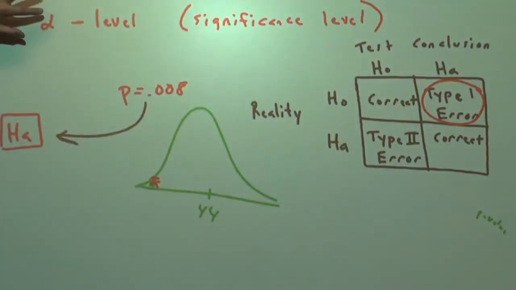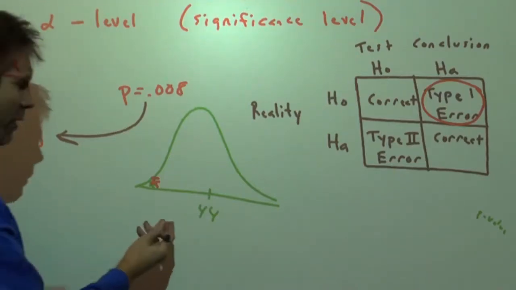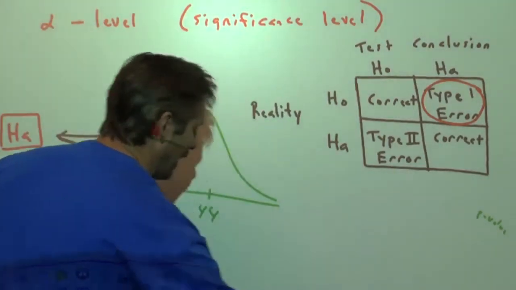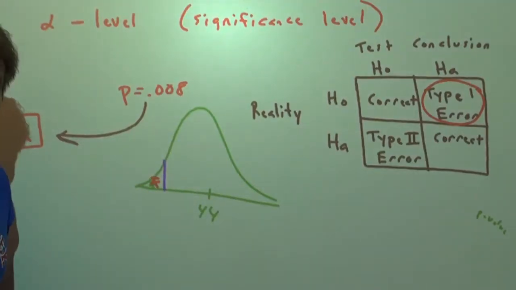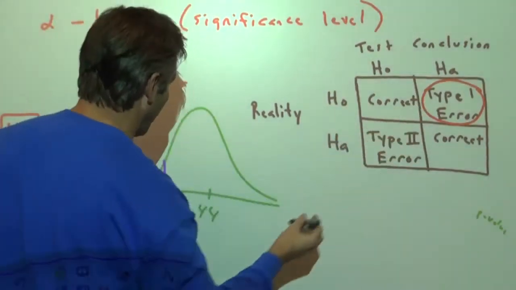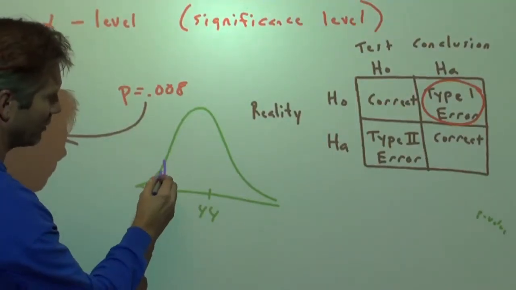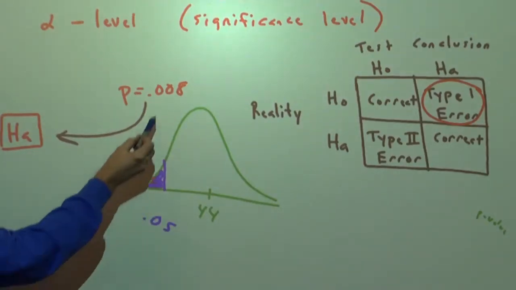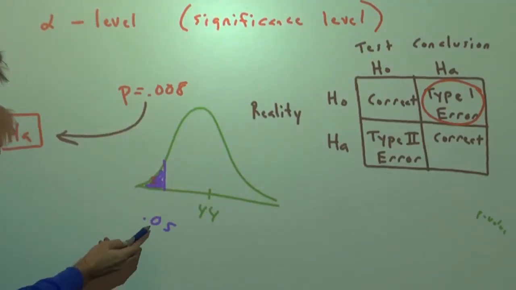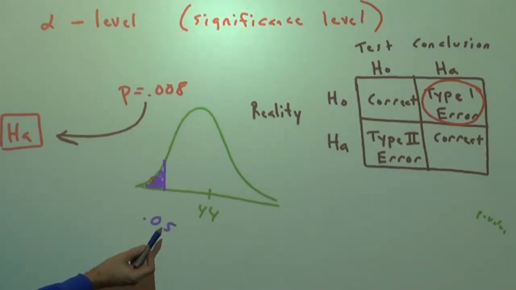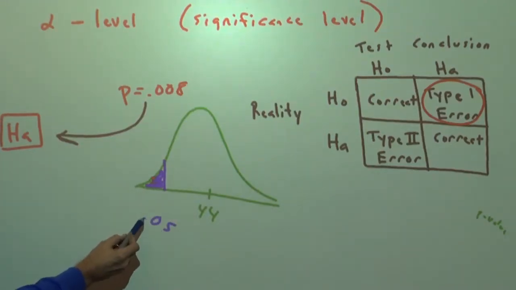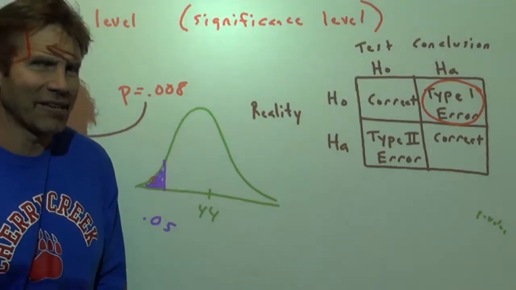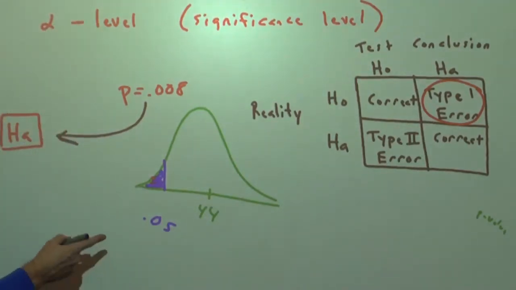The significance level of the test, the alpha level, is before you go into the problem, what are you going to set as an acceptable risk of being wrong? What are you going to accept in terms of making a type 1 error? Well, typically what we accept is what I showed on the other screen, that as long as the p-value is 0.05 or less, 0.05 being 1/20th, 1 out of every 20 samples should be down here due to chance. So if you get a p-value that's 0.05 or less, you get a result that should happen like less than 1 out of every 20 samples, so it's extreme. So this would be our alpha level. By default, use 5% if nothing else is given to you.